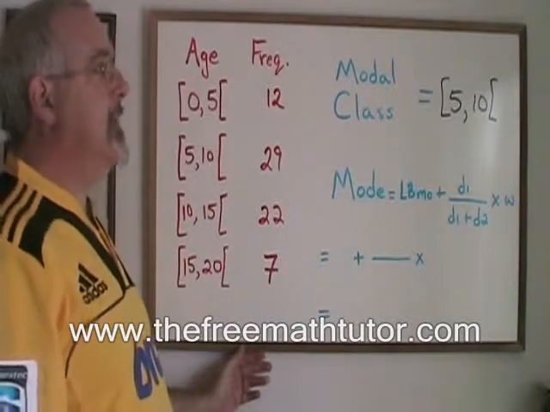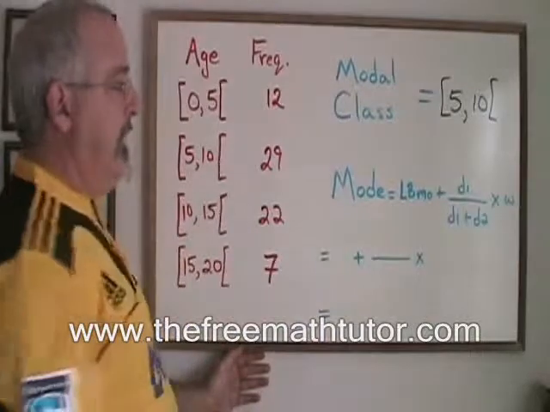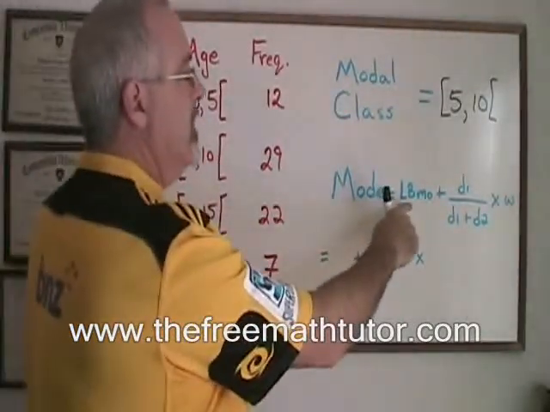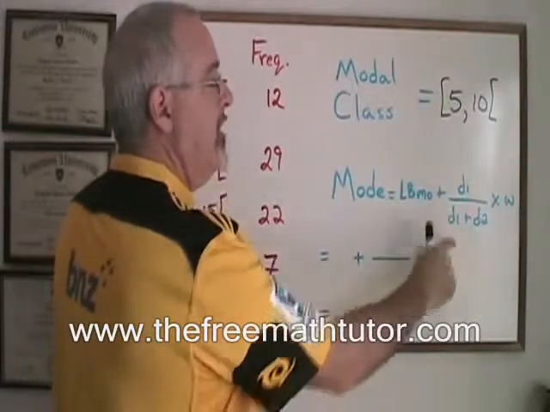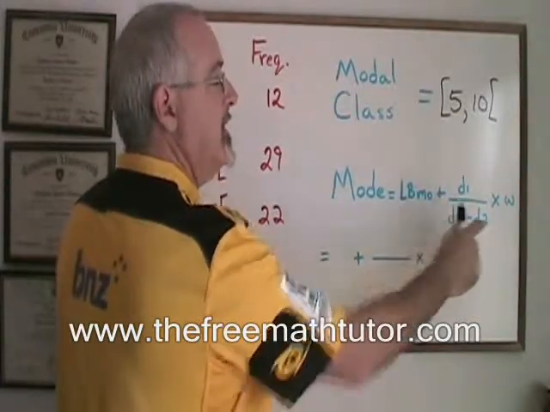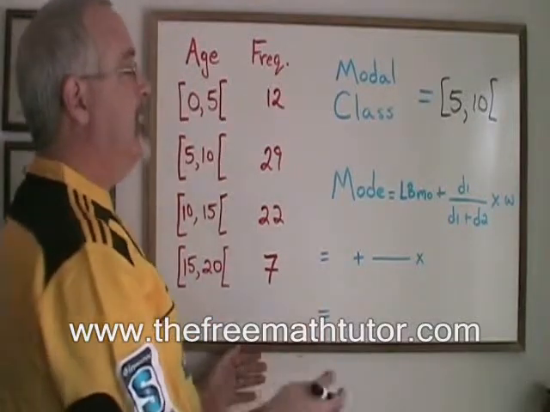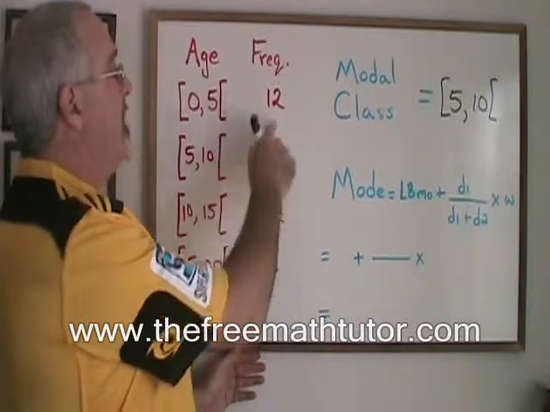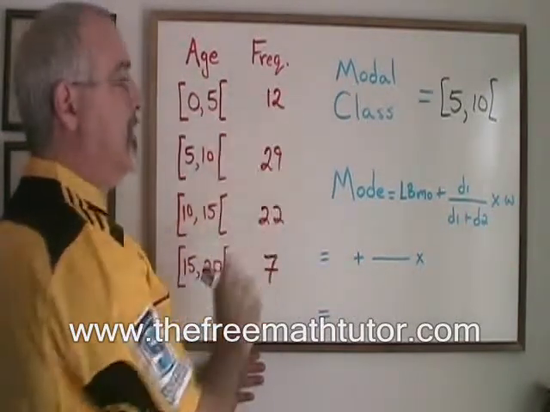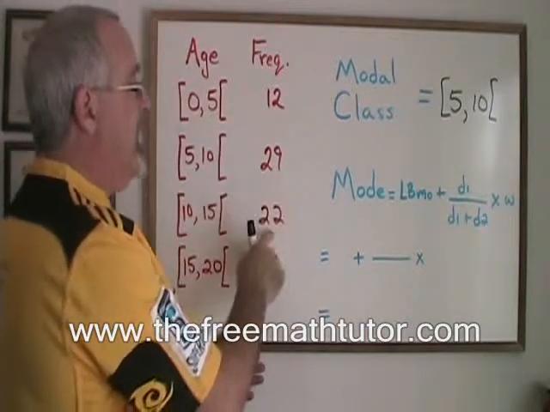But if you are asked to go further and find the mode of this distribution, there's a formula for that. The mode is equal to the lower limit of the modal class plus difference 1 over the sum of difference 1 plus difference 2 times the width of the class. Difference 1 is the difference between the modal class, its frequency, and the frequency of the previous class. That's difference 1. Difference 2 is the difference between the frequency of the modal class and that of the next